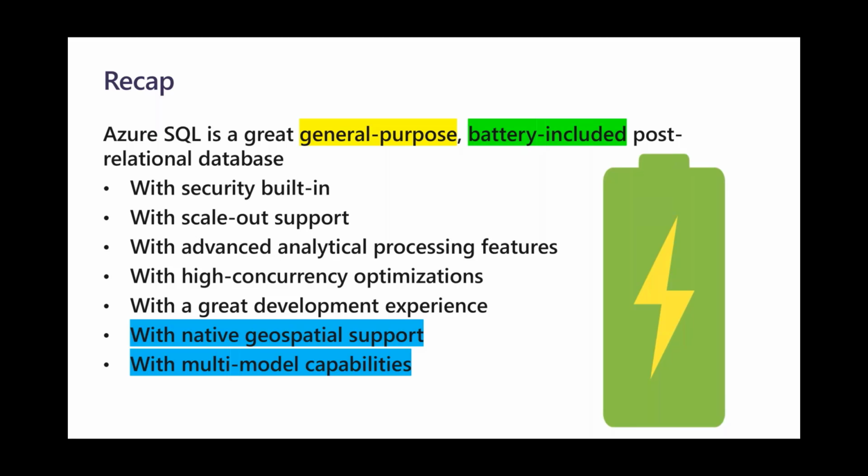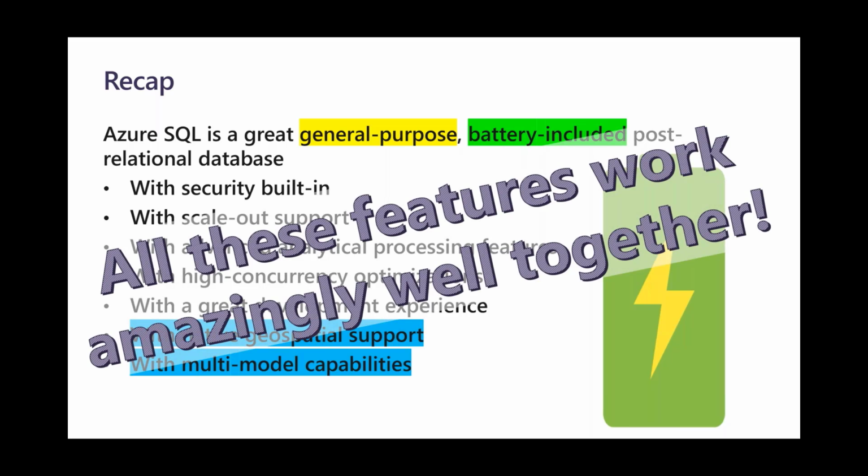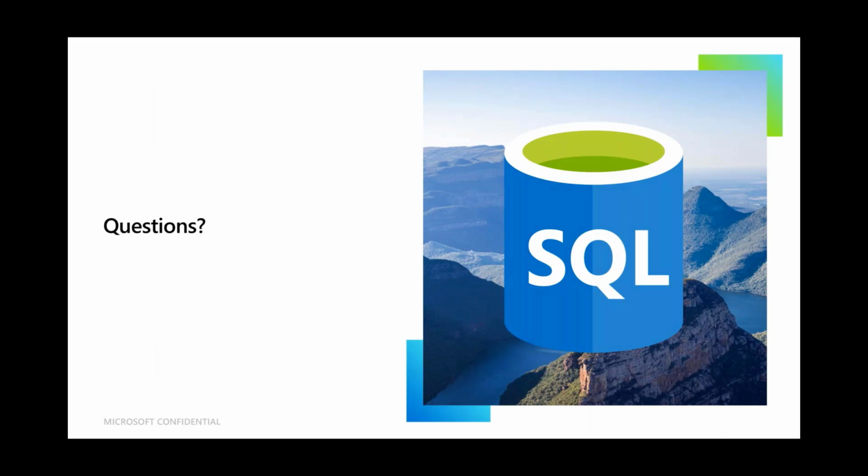So a quick recap, what we covered today is a general purpose, battery included, sorry, that's a marketing term, but database, which has, of course, the security, scale out features, all of that stuff built in. But the fact is that we can actually use it to store JSONs, to store geographical data, to store graph data, and key value. Yes, we don't have key value support, but we do have, like I said, the memory optimized table, and you can actually take the JSON simplest format, that's key value as well. Plus, you can always put some kind of Redis cache on top of the database services, etc.